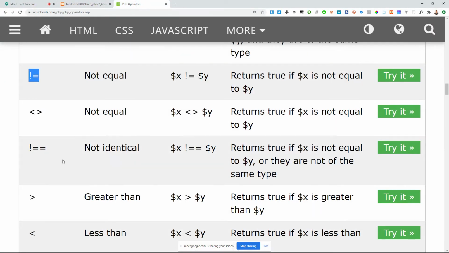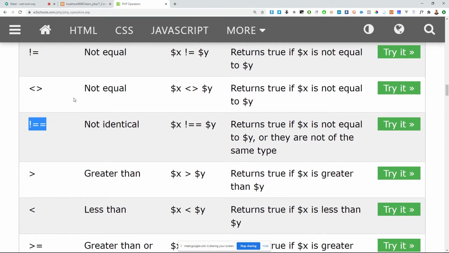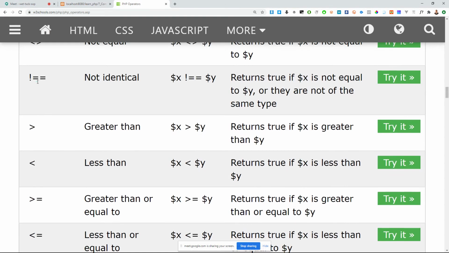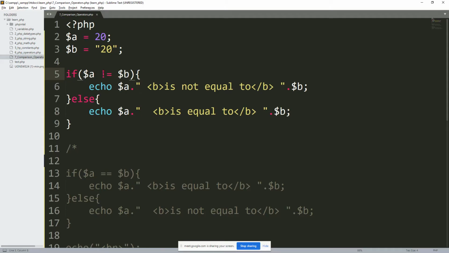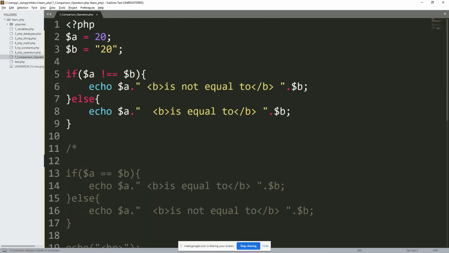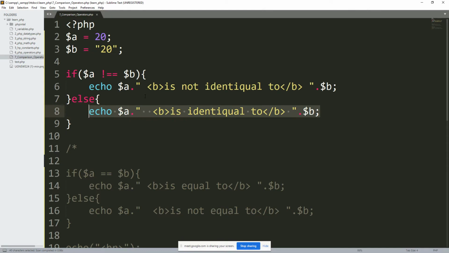So we have another one, not identical. For not equal, I can as well use this kind of not equal sign. By just replacing them here, it will perform the same operation. So for not identical, I just put here another equal sign. So it will check if they are not identical. So here it will be, let me get this word, not identical, not identical. So it's going to execute this second part. Why? Because,